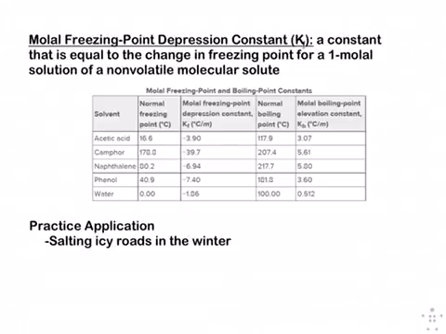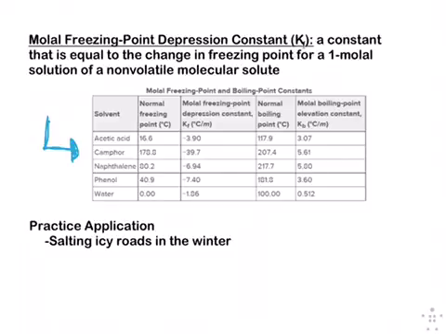So the molal freezing point depression constant, better known as K sub F, F for freezing, is a constant that is equal to the change in the freezing point for a 1 mole solution of a non-volatile molecular solute. It's just a constant, okay? You will need to look it up. These will be provided to you, okay? So, with this in mind,